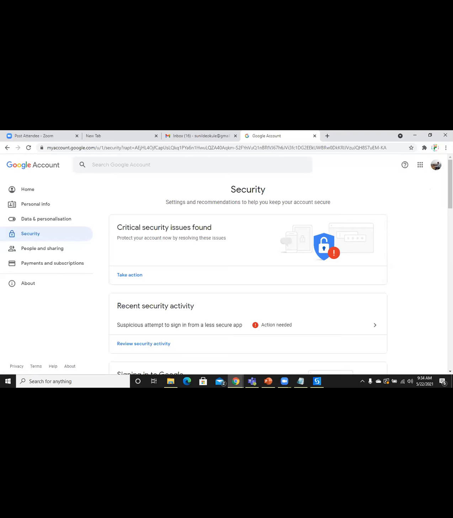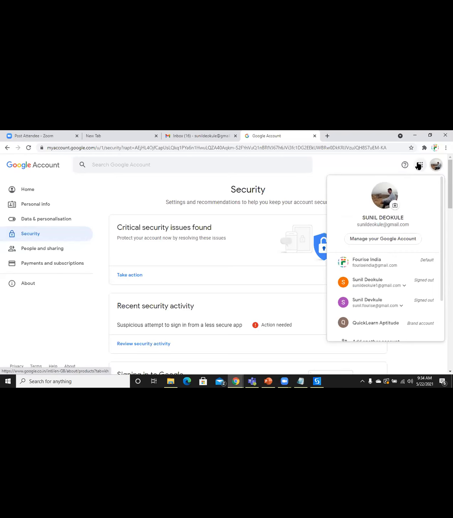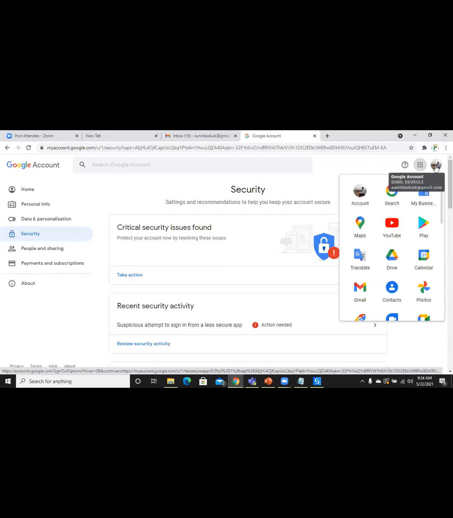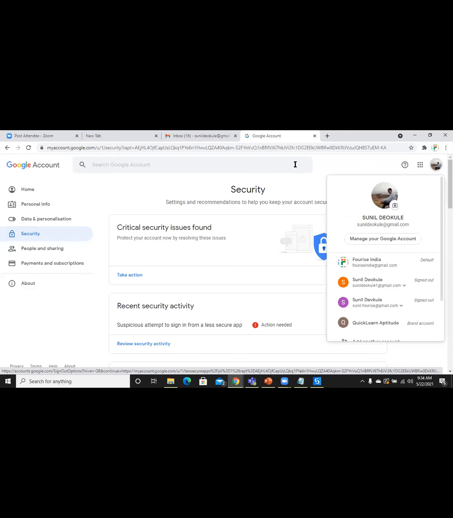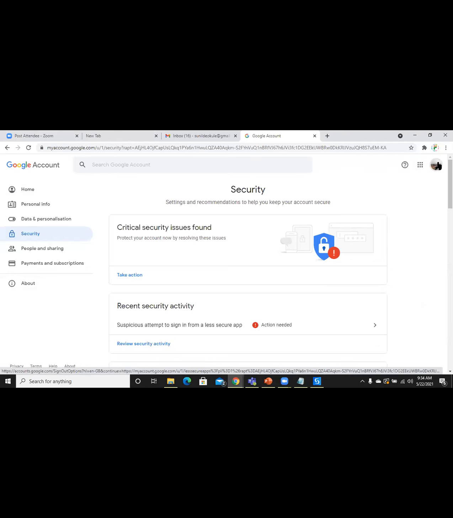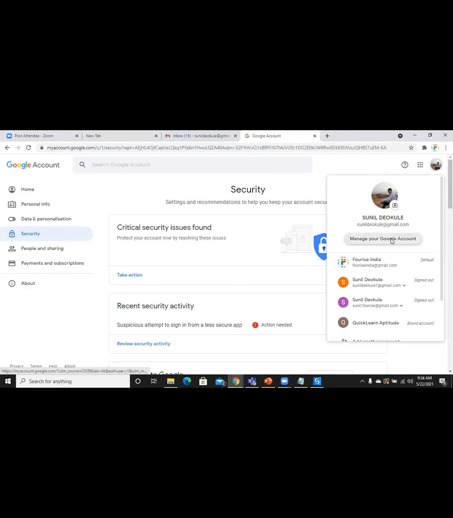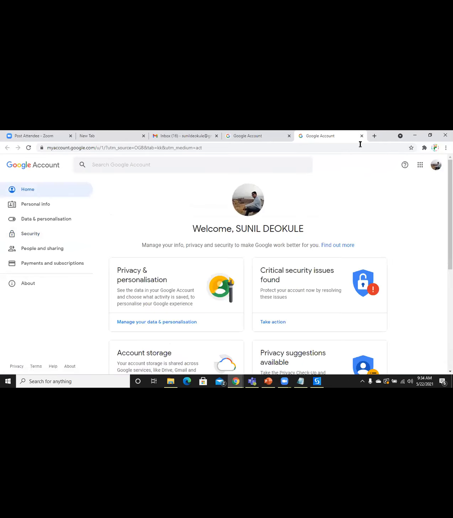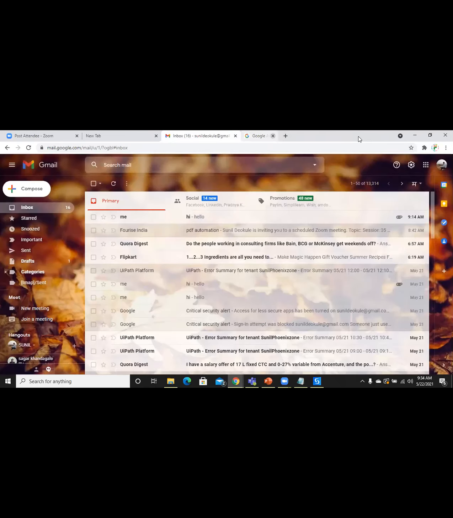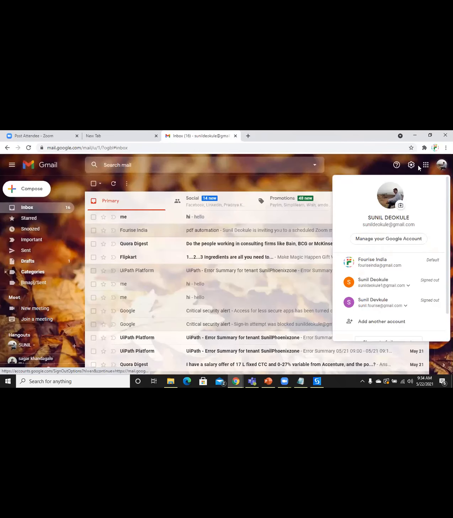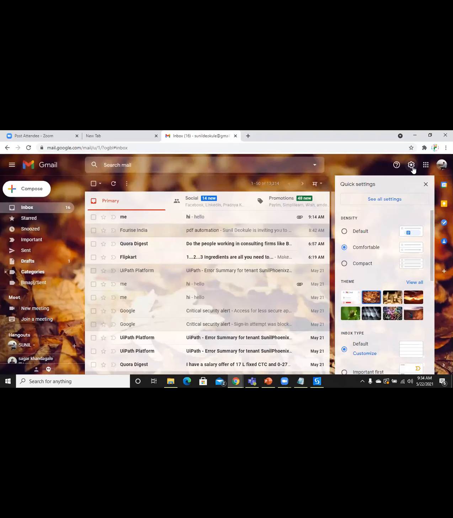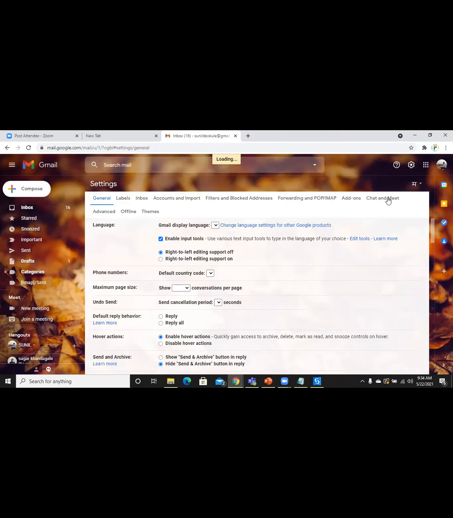Second setting is you need to click on settings. This is second icon available. You need to click on settings, see all settings.